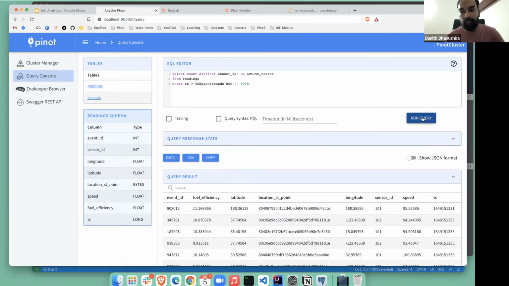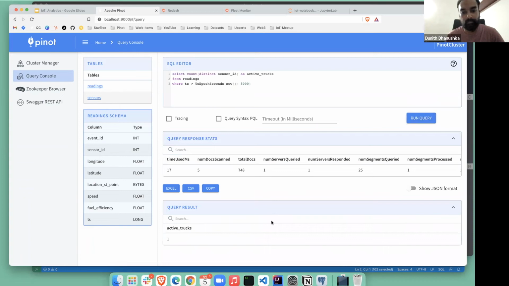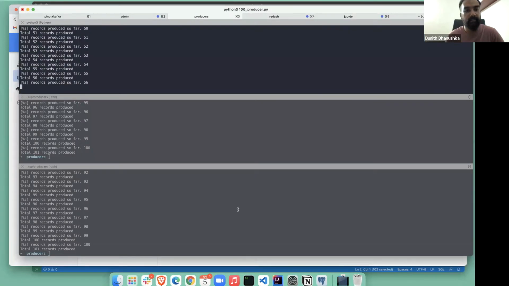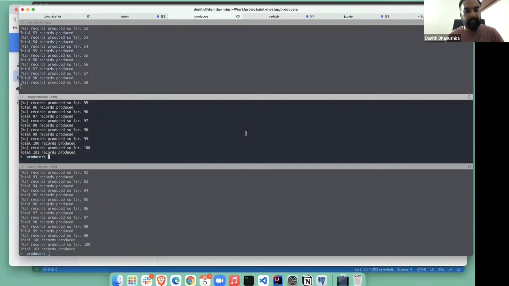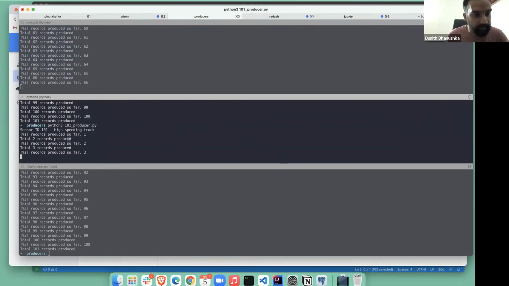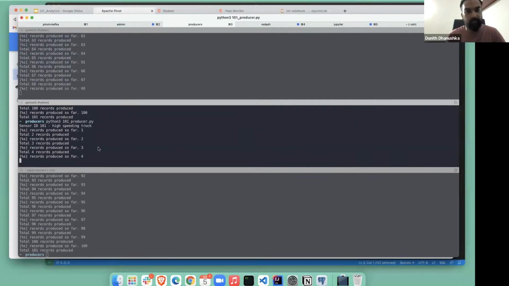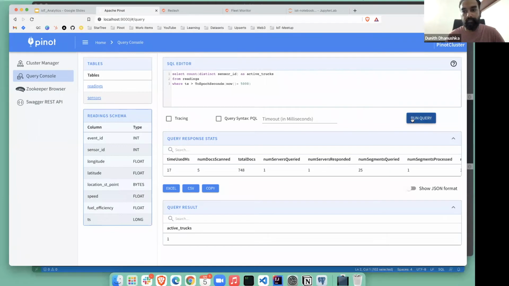If you run this query, you will see one active truck because I have only one producer. Then I'll go ahead and start the second producer. It has the sensor ID of 101. Now you can see the active trucks has increased to 2.